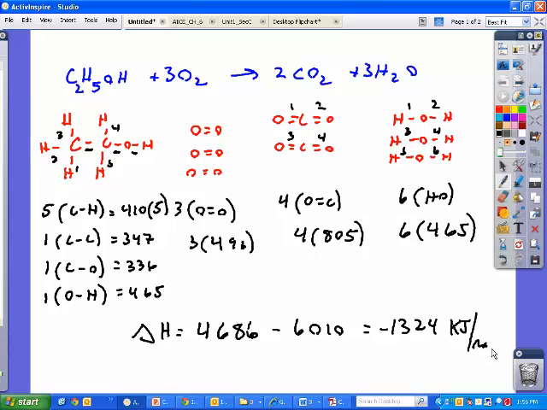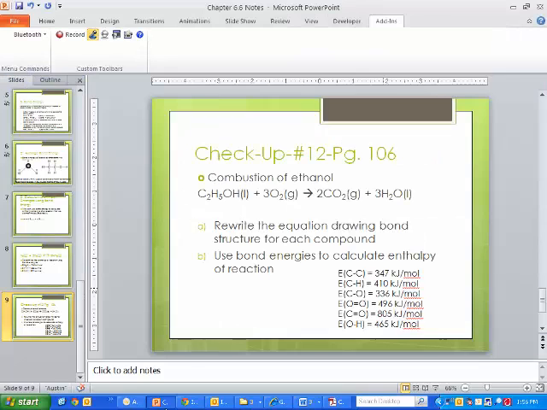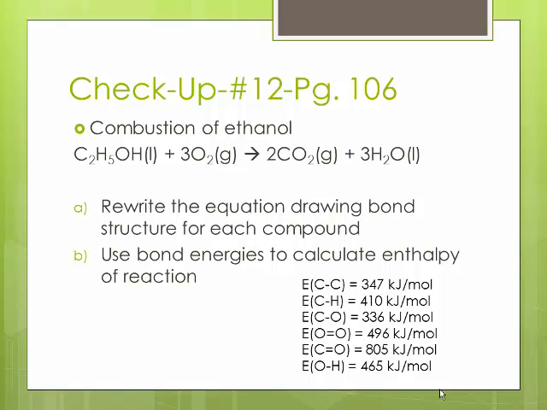Negative 1324 kilojoules per mole. Alright. So that is it for chapter 6. If you have any questions on the examples, we can